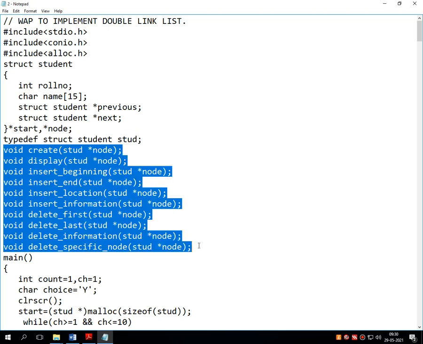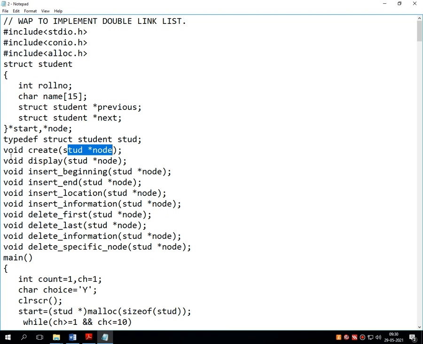Then there are various function prototypes. Common strategy I have used, that is function with argument, without return value. First function is create, then display, then insert_beginning, insert_end, insert_location, insert_information, delete_first, delete_last, delete_information, delete_specific_node.